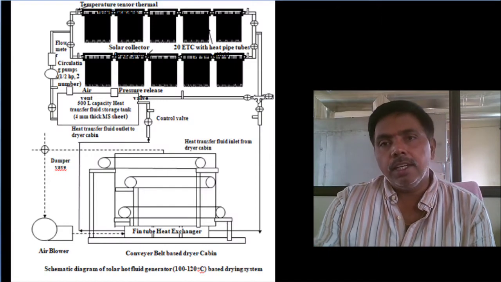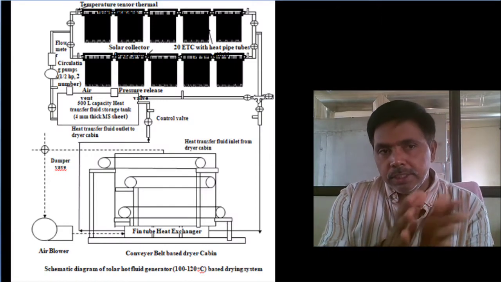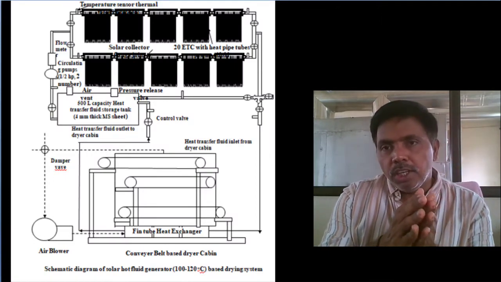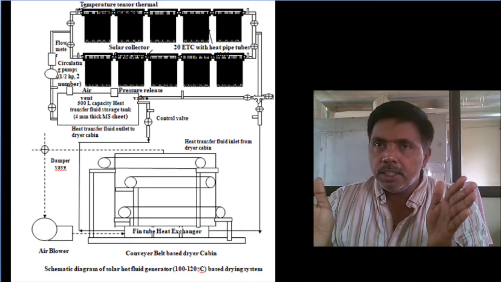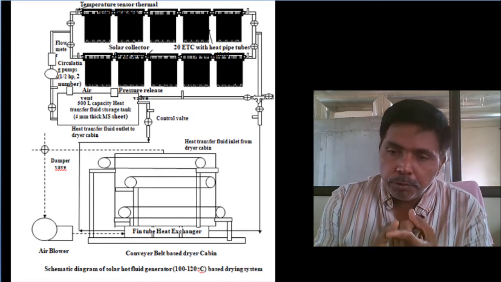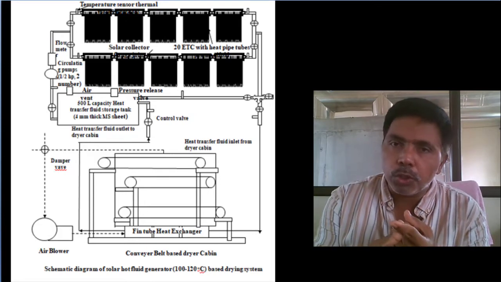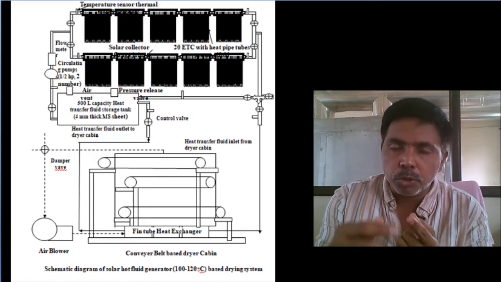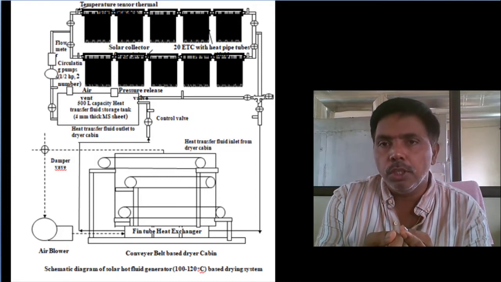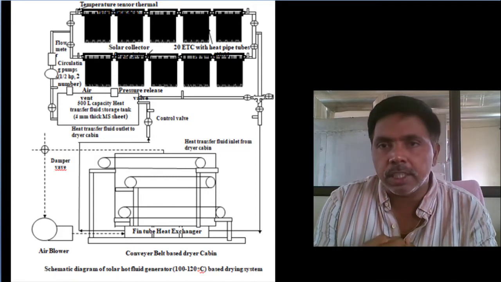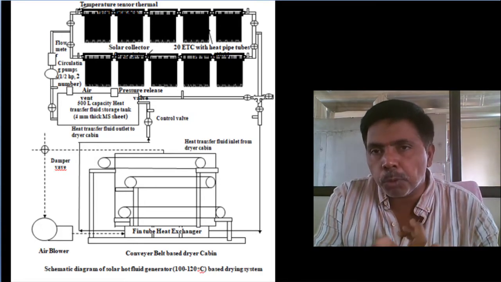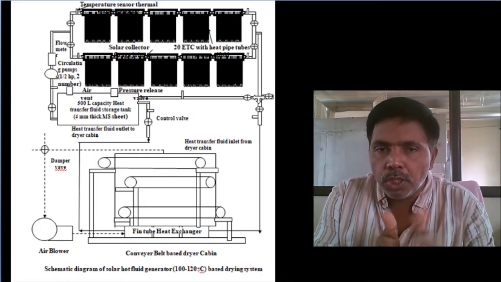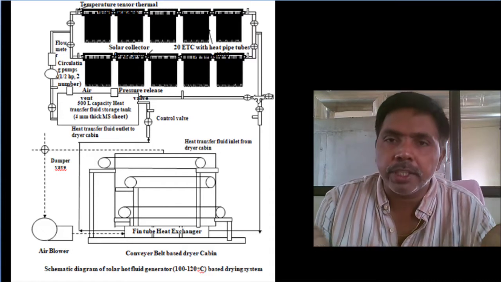Next, I already mentioned that in all these systems solar air heating and drying are not separated. For removal of the bonded moisture, it will take more time. At that time, there is no absorption of the moisture, so the same air we can recirculate. But in the solar dryers we discussed, that provision is not there. Why? Because solar heating and drying are not separated.